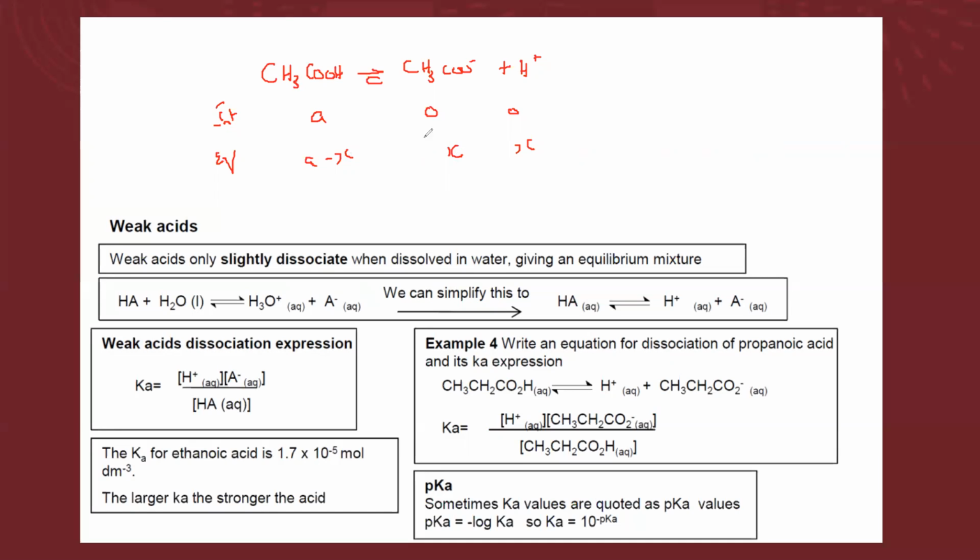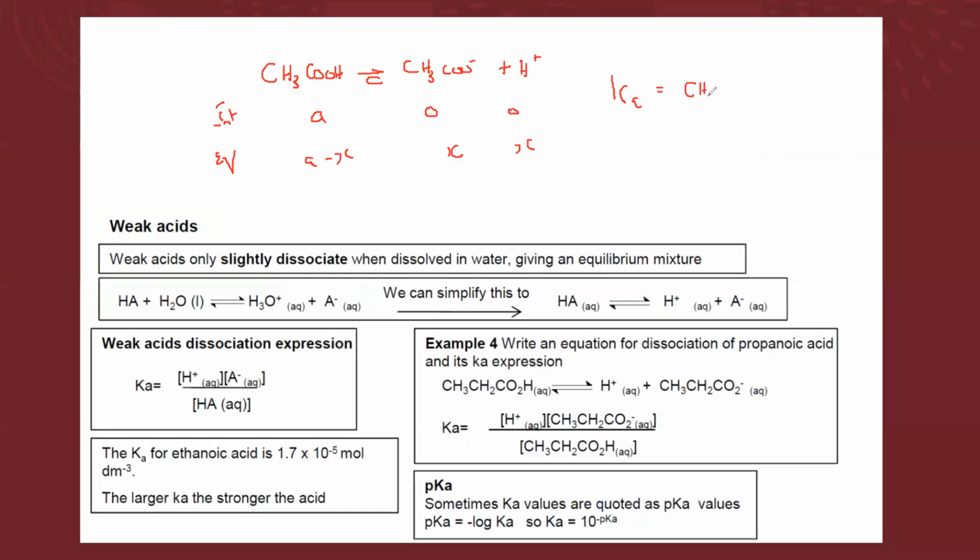In this example, if it was a strong acid, we assume that the original concentration is the same as the concentration of hydrogen ions. But for a weak acid, we cannot consider that. Why? Because it's not possible. Weak acids ionize partially. Then we will use the formula for Ka, the dissociation constant, which is product divided by